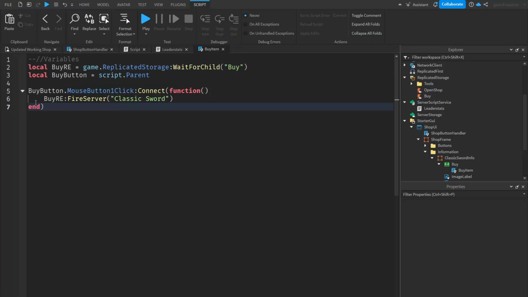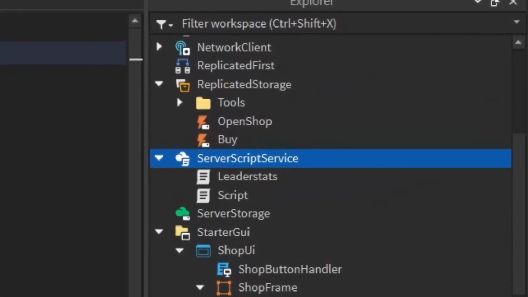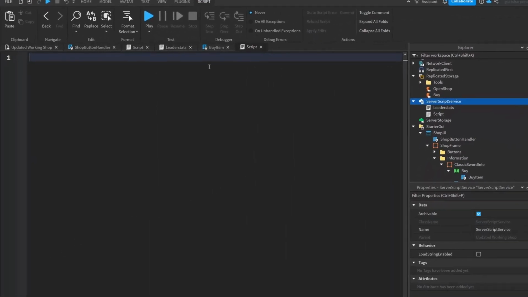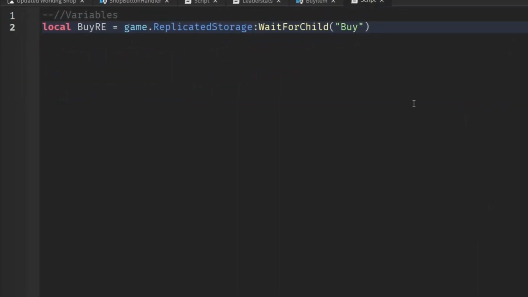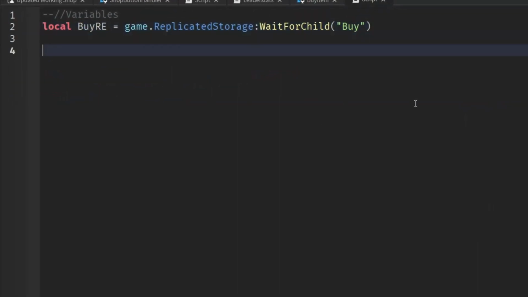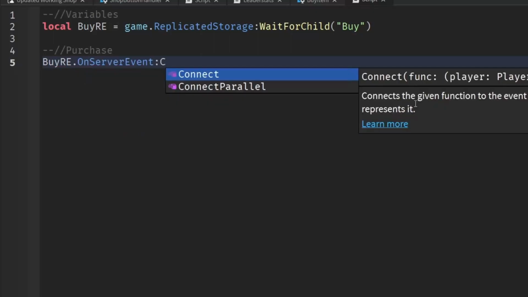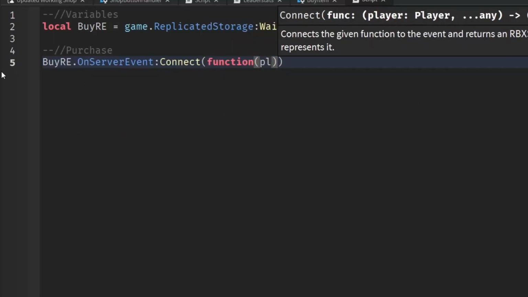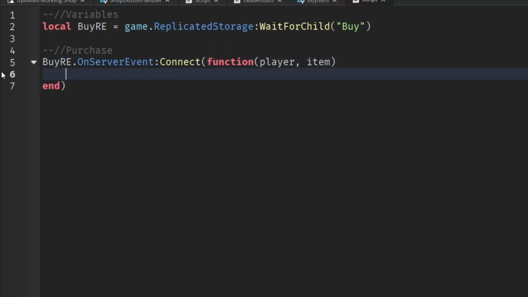Now we need to go onto the server to finish it. We're going to go onto the server over here, click the plus, enter a script, and you can write what I write. We can copy in the first 2 lines over here, because we're using the same remote event. Then we can create the purchase script: buyRE.OnServerEvent:Connect(function, put in brackets, and write player, comma, item. After that, we go down a line and write if item